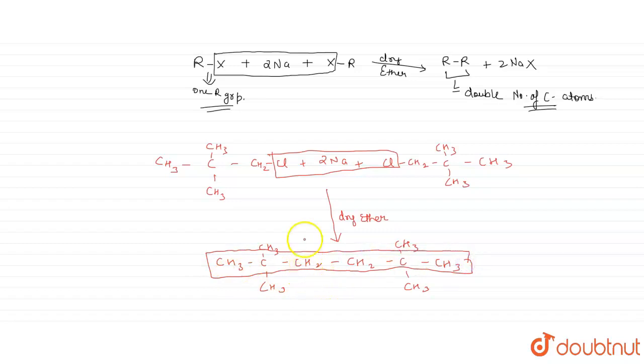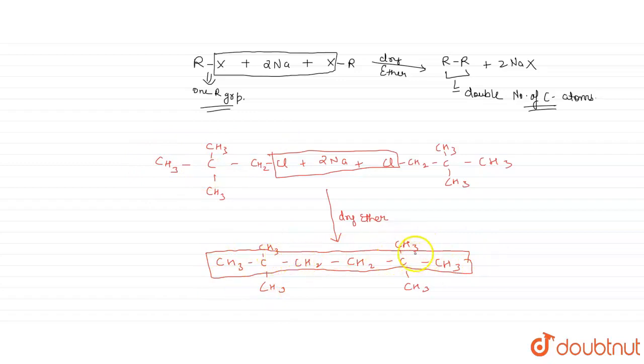Okay, so when we use a carbon chain of 3 carbon in the reactant side, that means in the alkyl halide, then we will get a carbon chain of 6 carbon in the alkane. So this is the basic Wurtz reaction, that is when an alkyl halide reacts with Na in presence of dry ether, then we will get the alkane of double the number of carbon atoms from that in the alkyl halide. In this case, we have 3 carbon atoms in the carbon chain, then we will get 6 carbon atoms in the alkane in the parent carbon chain.